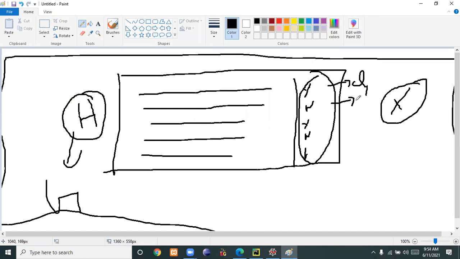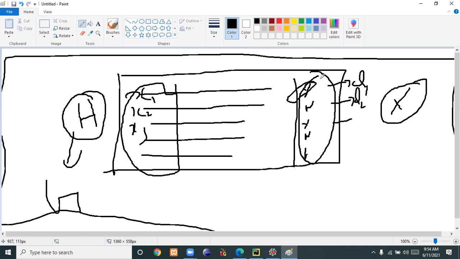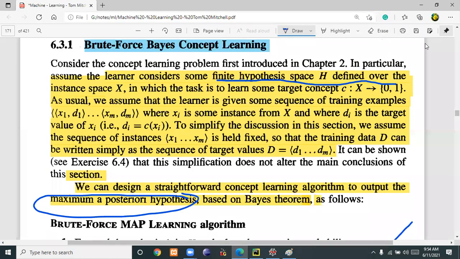D1 means target concept 1, then target concept 2, d2. Like that, you can call them small x1, small x2, small x3. Are you getting it? Capital X is nothing but all the instances. Small x1, small x2 are each instance and their respective target concept. Among this total, you are going to find out the hypotheses H1, H2. In Find-S algorithm, you find a single hypothesis. But in the candidate elimination algorithm, you get different hypotheses. So that is mentioned here.